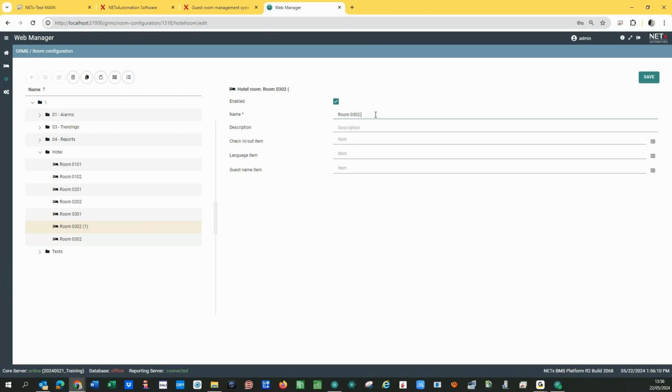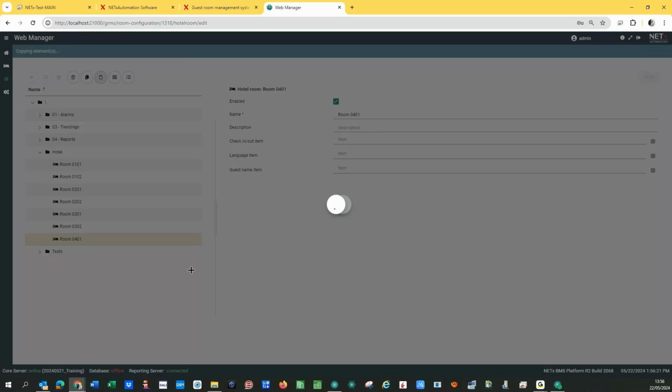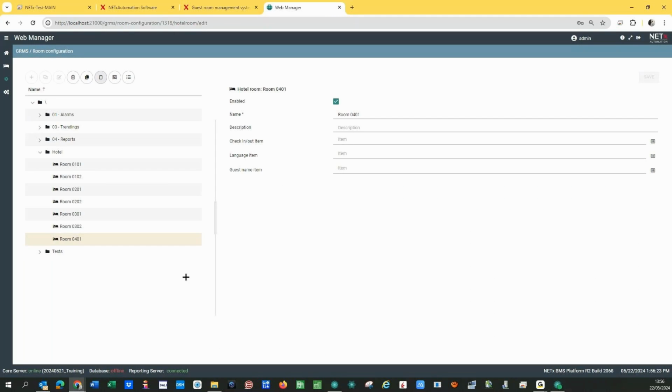Okay, 0401. And the last, okay, 0402. So just after creating these rooms and without indicating any kind of items for check-in, for language, and for guest,